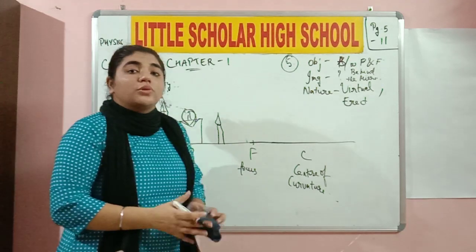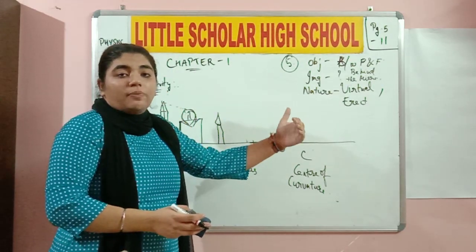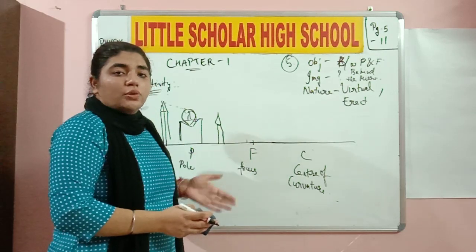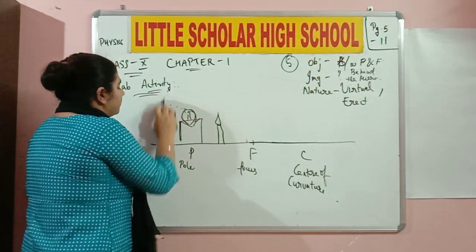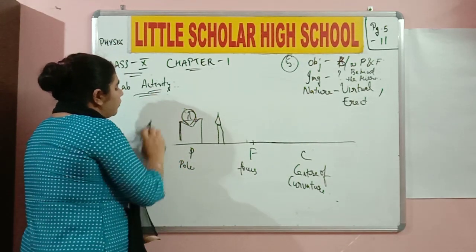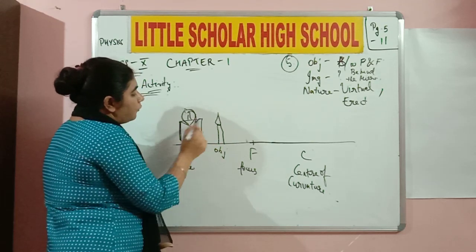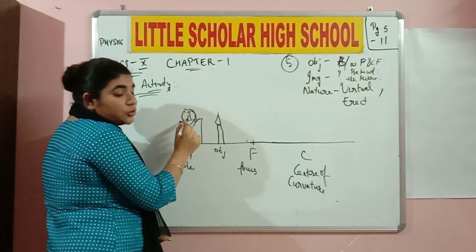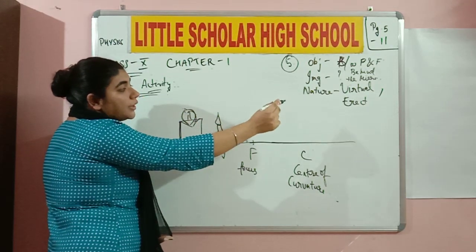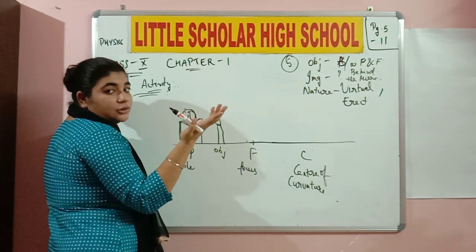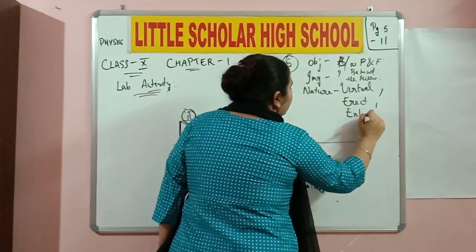Basically, how am I going to view this image then? For all the other cases, I was using the white screen or the white paper to view the image. How do I view this image? I view the image in the mirror. Do you understand? Try to understand what I am speaking over here. If I place my object between P and F, the resultant image is going to be viewed in the concave mirror over here, and it is going to be virtual, erect and enlarged. Did you understand? There is one more feature that we need to add on over here.